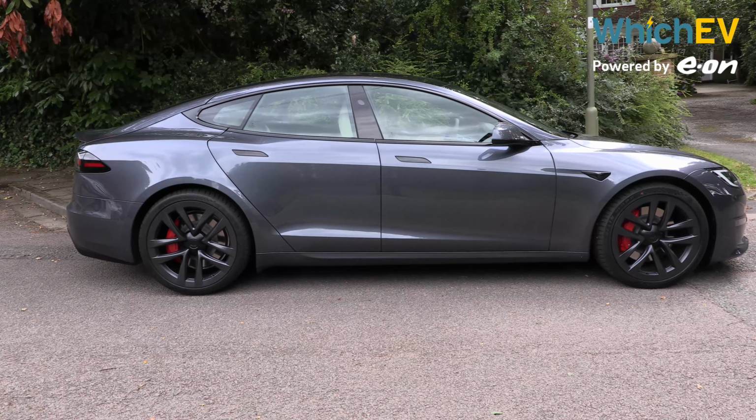Teslas have always had a reputation for being really fast. This has helped them be exceptionally aspirational and one of the reasons why they've sold so well compared to other EVs. But Elon Musk never rests on his laurels. So now we have the Tesla Model S Plaid, a 5-seater executive car that can hit 60 miles per hour